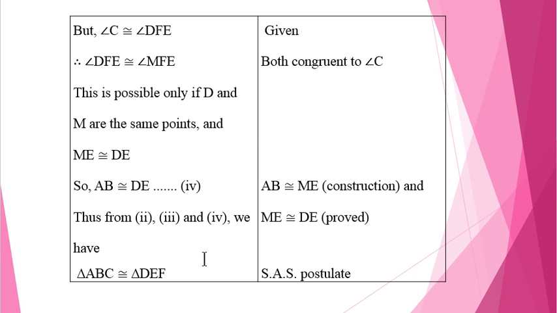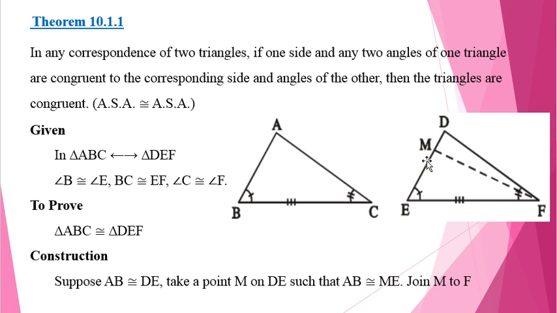Keep in your mind, if we suppose anything wrong, our answer will also be wrong, or there will be a contradiction. So by supposing that there is a point in between the line DE, there was a contradiction, that either the C is congruent to MFE or DFE. If we are saying that C is congruent to both, it means there is no other point M, it is on the D point. It is the same point. M and D are on the same point. So in this way we have proved our theorem. I hope you will understand it.